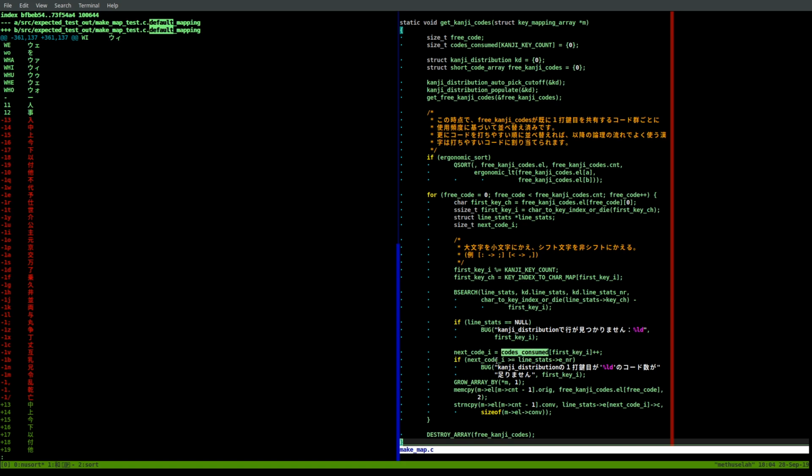Okay. Then it copies the input code from the free kanji codes into the input code, and then it copies the line stats, that character code, to here. So next code I